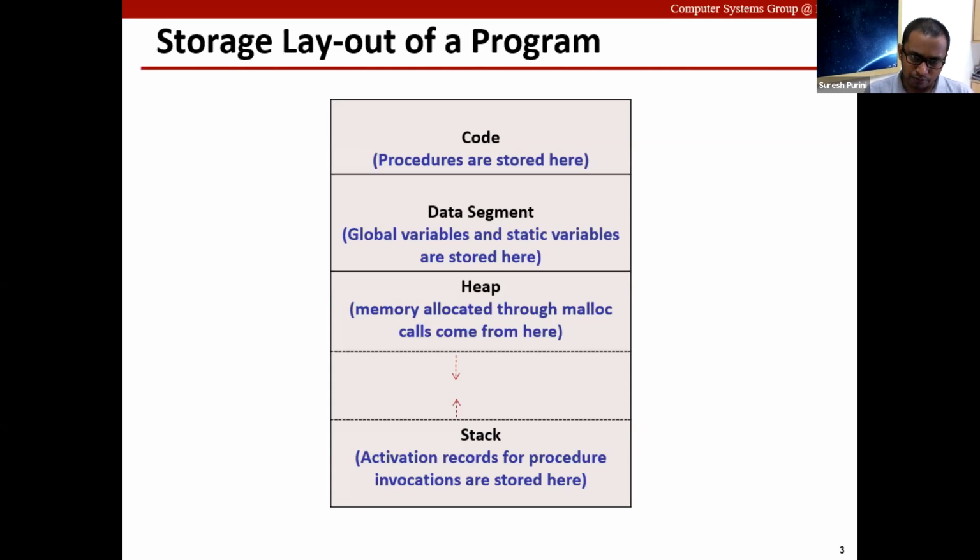When a function gets called, associated with that function there is what is called an activation record. That activation record contains a lot of information which supports the execution of that program. For example, the activation record contains the memory for the parameters, the memory for local variables, and things like that.